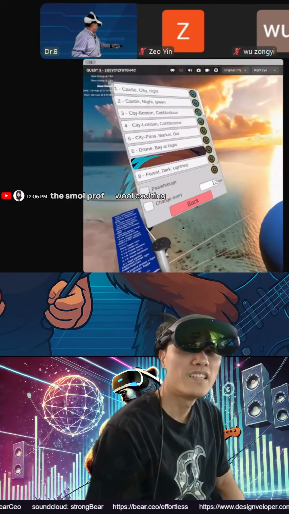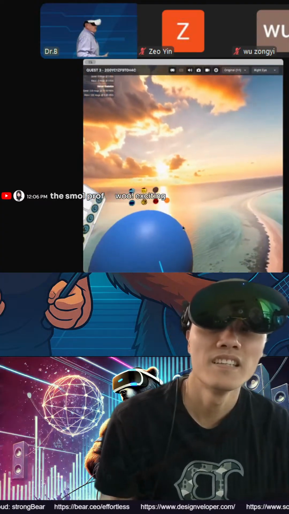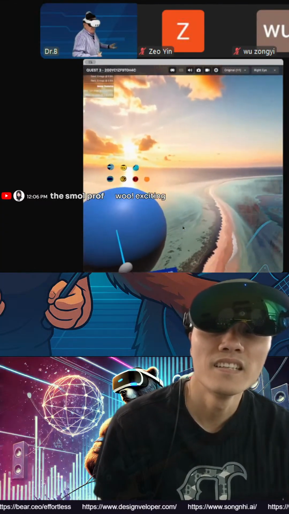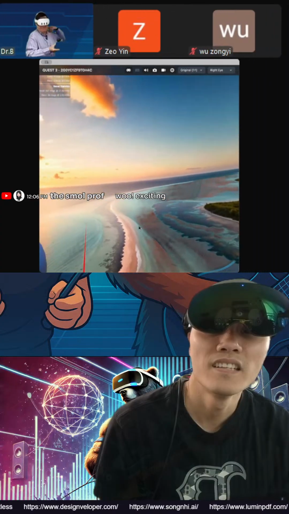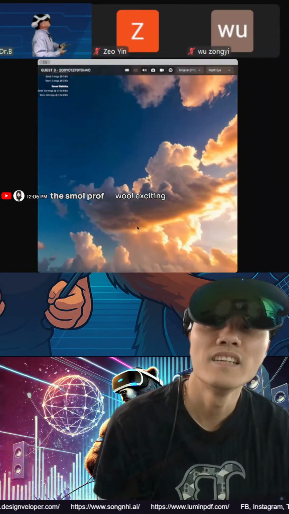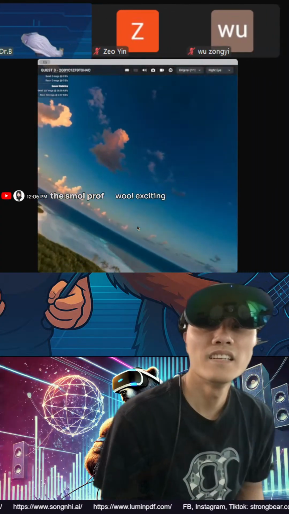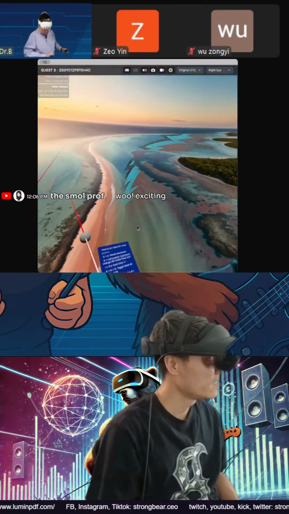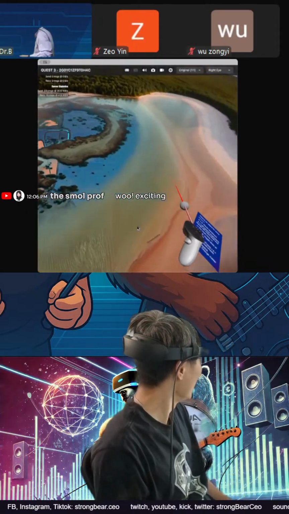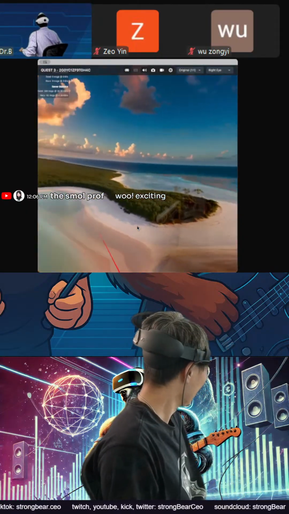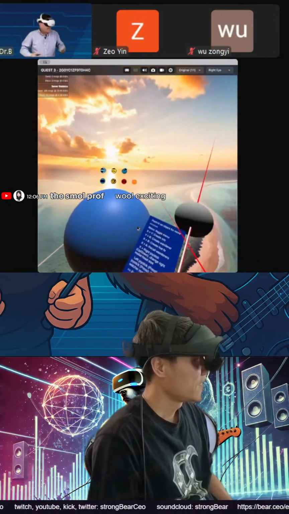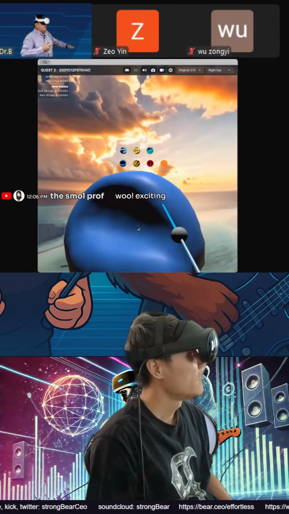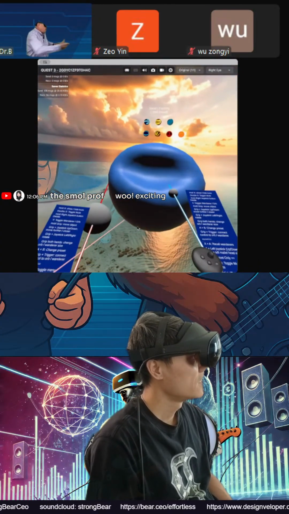This is an AI world created by Blockade Labs. I said, I want a reef and I want it to look photorealistic, and I want clouds and sky and sort of sunsetty. And it drew this whole world for me beautifully. I'm looking down at the sand and all of that. And here's my orb that I was playing, this kind of breath sound, right?